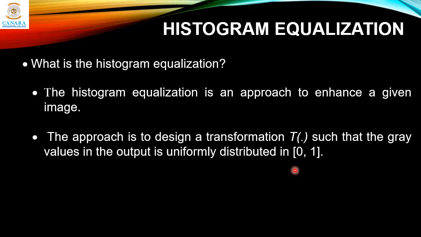This is a normalized range 0 to 1, and all the gray levels are from 0 to 1, meaning 0.1, 0.2, 0.3, till 1. We'll have all the grayscale representation. And as we saw in the previous example, if we have a histogram which is equally distributed from 0 to 1, then the output will be of high contrast, and that is what we want, and that is what we will do in this histogram equalization.